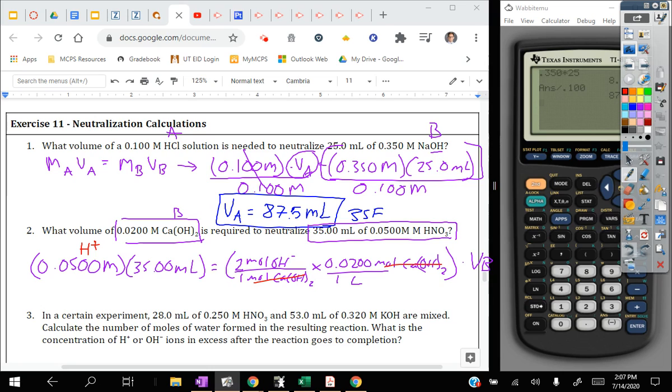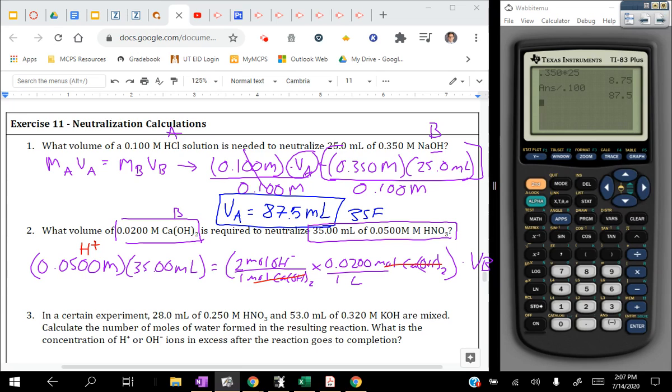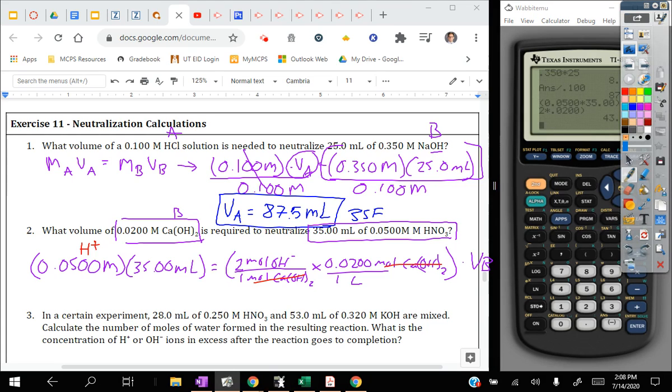So let's combine like terms and then solve. I have 0.0500 times 35.0 milliliters. I'm going to divide that by 2 times my original molarity for my hydroxide. I end up needing 43.75 mLs